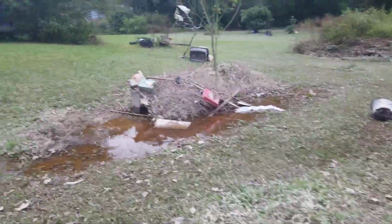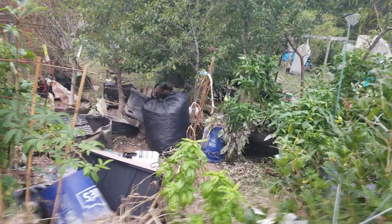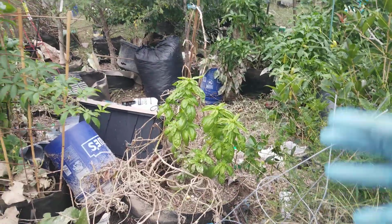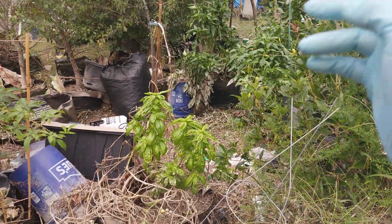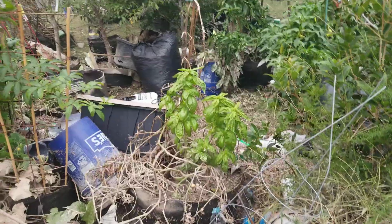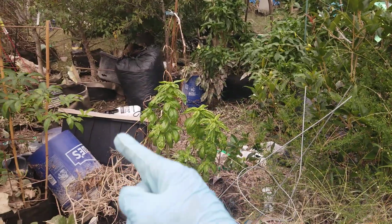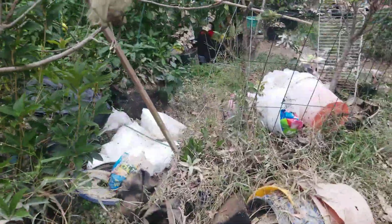And once again, I just want to show you the force of nature. All this stuff over here, all the stuff was in the back. Containers, bags, all of this was way back there where we just left. Picked it up, brought it all the way up here, past the trees some kind of way, and dumped it. Oh, this is a yellow and black storage tank container, and it's full of stuff. It picked it up from way in the back of my garden and brought it all the way forward and dumped it right here on top of these grow bags. So it was very forceful,